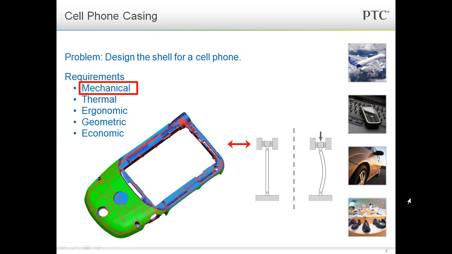For this demo, we will consider a simplified case where the basic shell has already been designed. It has already been approved by the electrical team as it properly houses the electrical hardware. Analysis has already been done on the material properties to show that it can handle and also remove the heat generated from the hardware. Ergonomic friendliness has been checked. There is one last final requirement to meet, and that is if it can withstand certain stresses applied to the